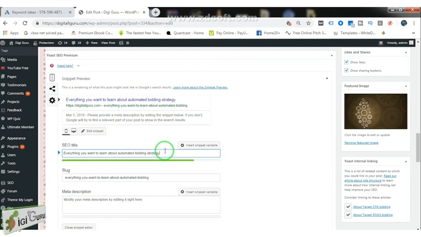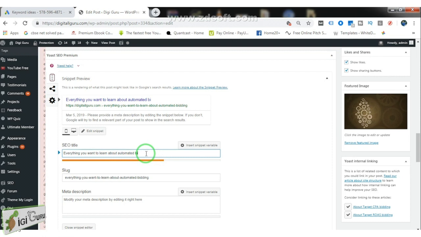Now you might have noticed that the moment I was writing, the line got green. I'll show you again. You can see the moment I'm deleting the letters, the line is reducing, and after a certain length the line goes orange. This orange line means that we need to keep on adding content to our heading.